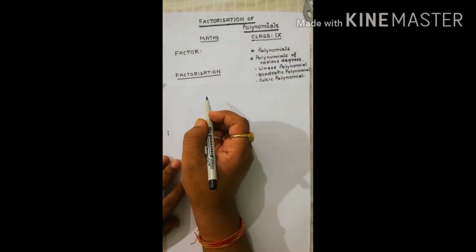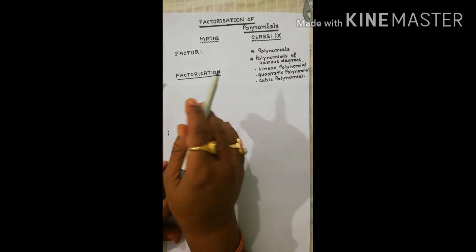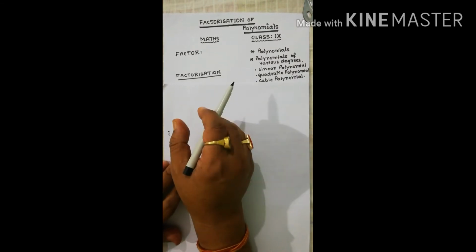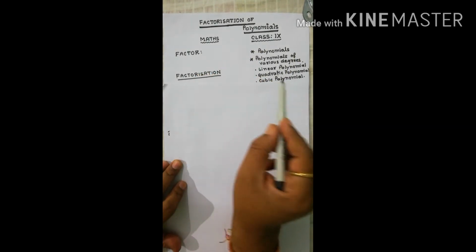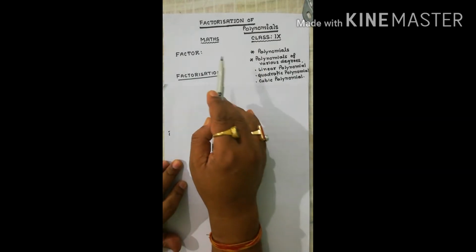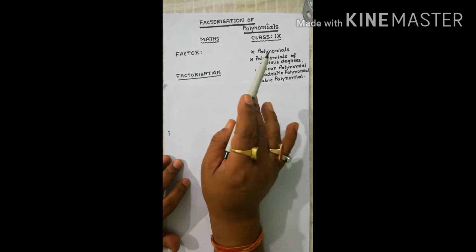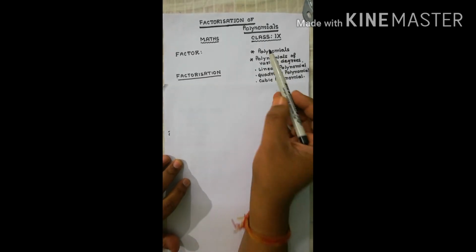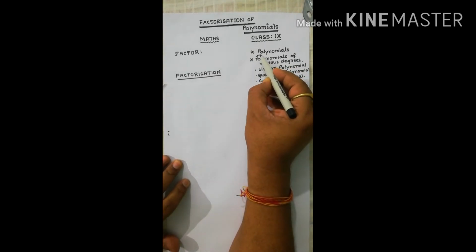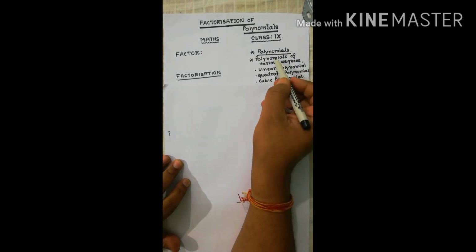क्लास 9 का बहुत ही इम्पोर्टेंट चैप्टर जो कि पॉलिनोमियल्स का एक पार्ट है, and that is factorization of polynomials. So in factorization of polynomials, first of all we have to understand, or you have already learned about polynomials. आपने polynomials के बारे में पढ़ रखा है और polynomials के पहले